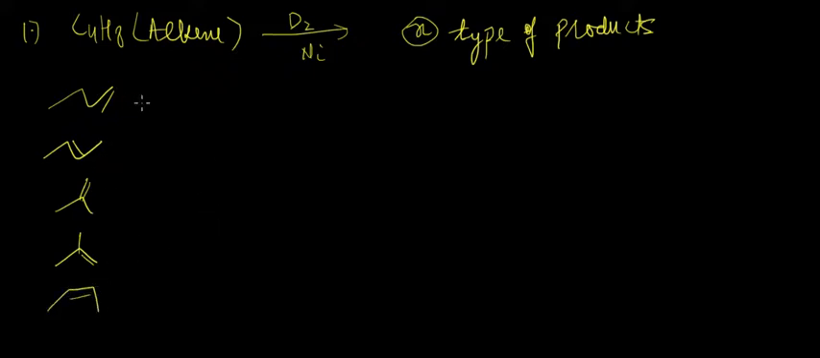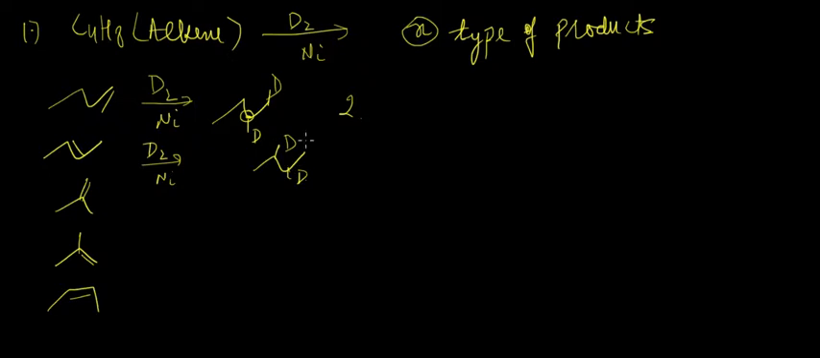If you react D2 over Ni, you will get D here and D here. There is only one chiral center here, so it will have only two stereoisomers. If you react this over D2, Ni, you will get D here and D here. You can see there is a center of symmetry in this, and there are also chiral centers, so it would be a meso compound. There could be one meso compound, but we'll have to calculate